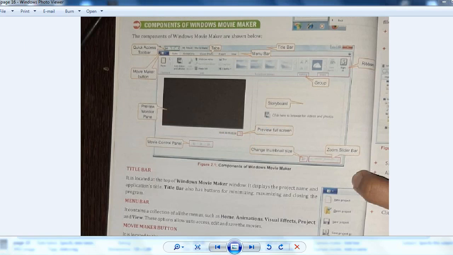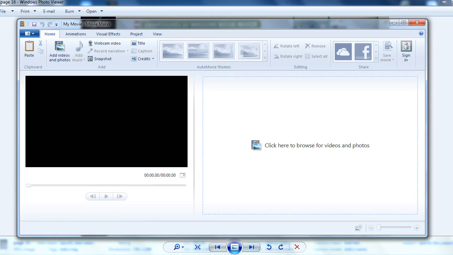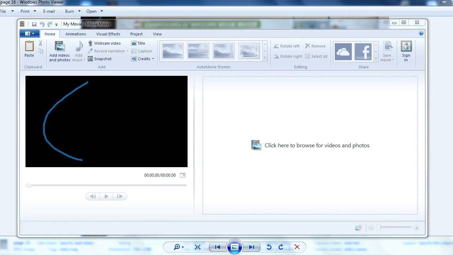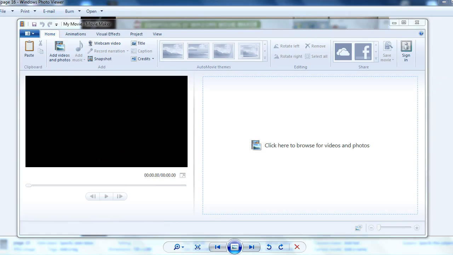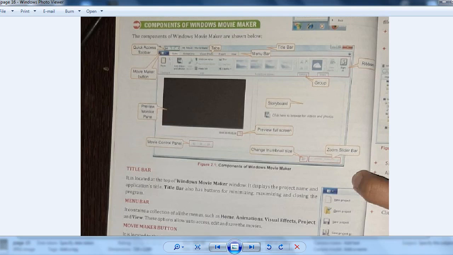Storyboard group, preview monitor pane, preview full screen. This is the preview monitor pane, right? And here is the preview button. You can easily see from here, right? So storyboard we have seen, group we have seen, ribbon, title bar, menu bar, tabs, quick access toolbar, movie maker